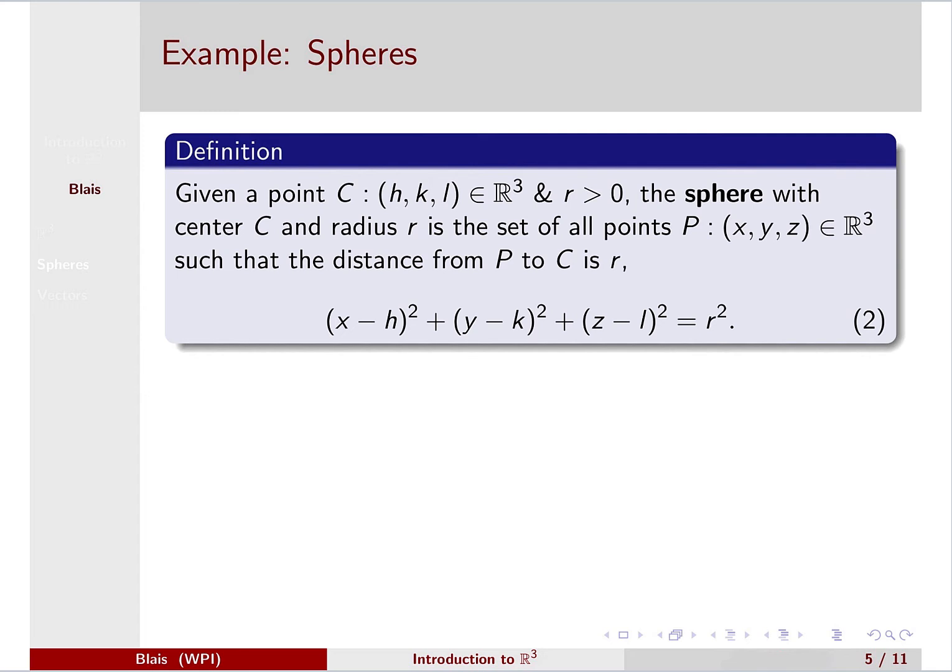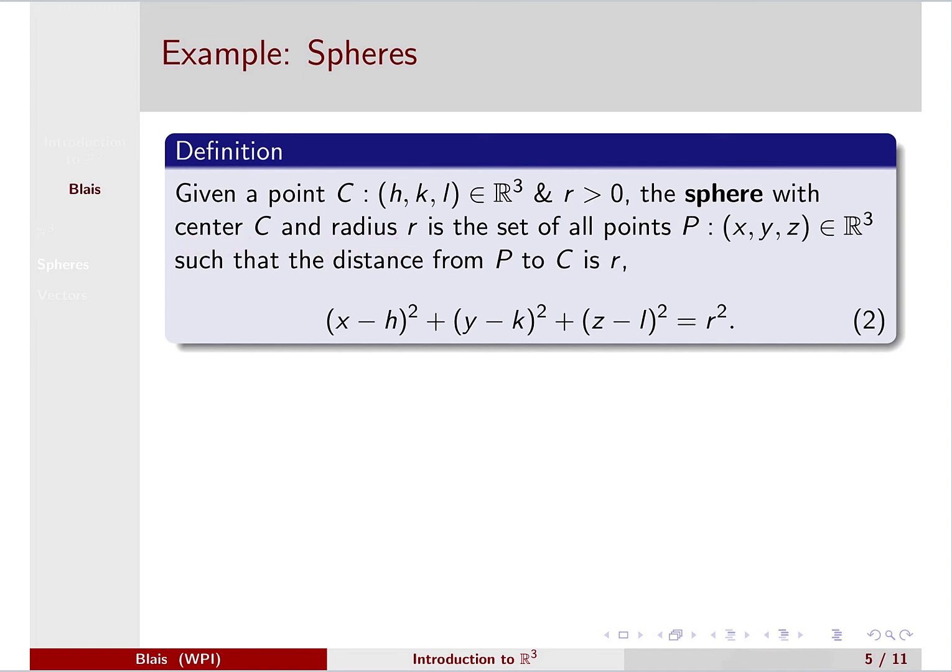To get a little bit more of a feel for working in 3-dimensional space, let's think about the example of a sphere. And a sphere is just a natural extrapolation of the concept of a circle to 3 dimensions. So given a point C with coordinates (h, k, l) in R3 and R greater than 0, the sphere with center